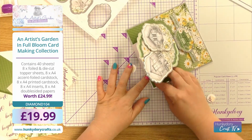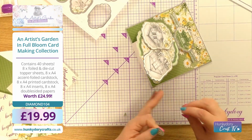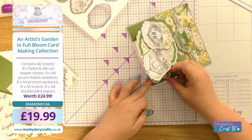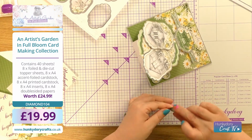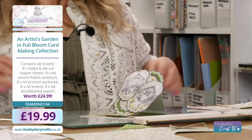We're just going to put these little button ones coming down the side instead of gemstones. So I'm going to go just to say in the middle, and then the daisy at the bottom. And there we have